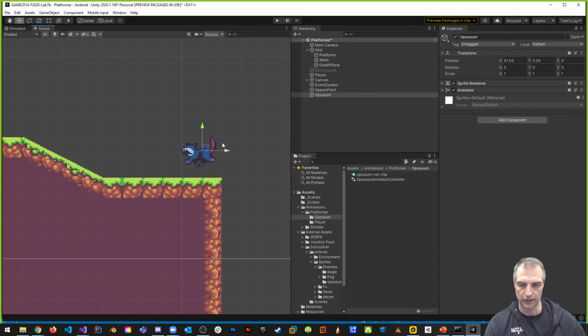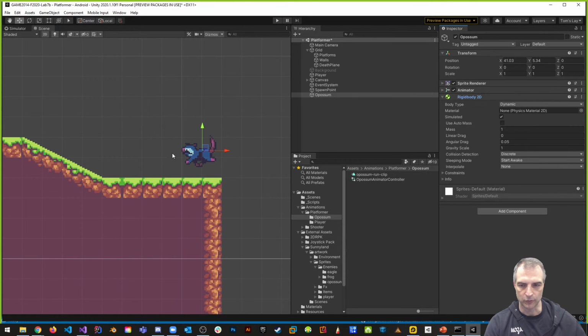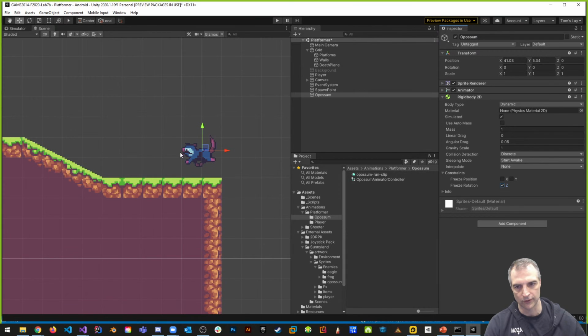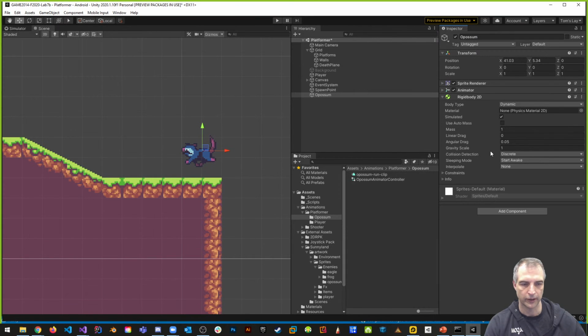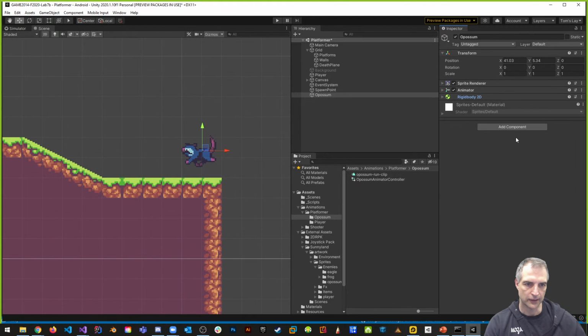All right, so I need a couple things for them. One of them is I'm going to add in a Rigidbody 2D, right? Because it's going to move. The opossum is going to move just like the player moves, right? In many ways. The constraints are going to be on rotation. We're going to freeze rotation so that they don't turn over when they move, right? I'm also going to add in a collider. So it's going to be